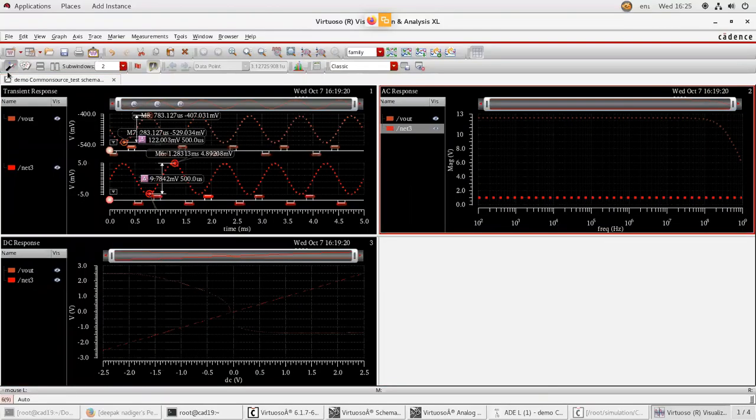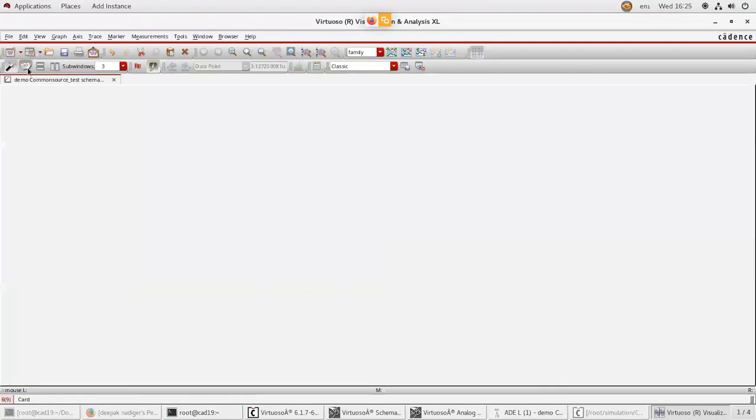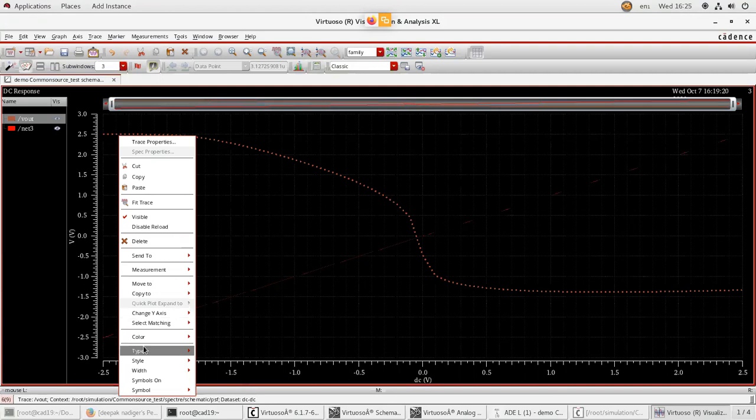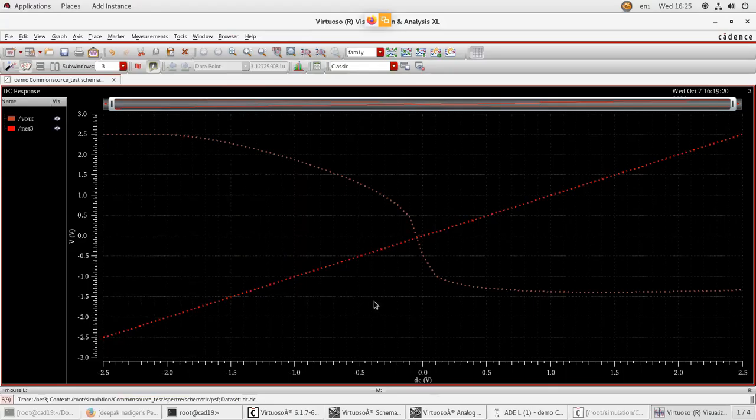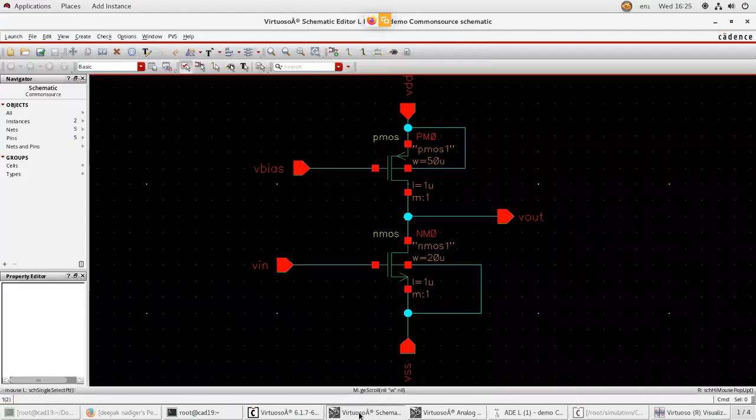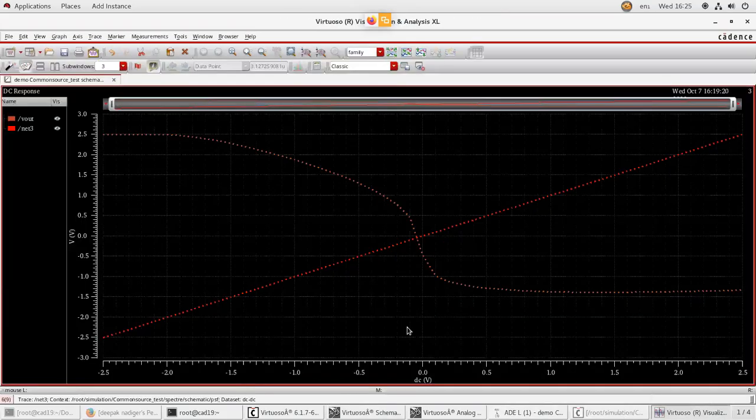So next it is the DC response. As I told you, your amplifier is an inverting amplifier. How do you get the DC response? You make this V in as VDD, and you sweep from minus 2.5 to plus 2.5, which is shown by a straight line like this. For that, what is the output response? It is shown like this.